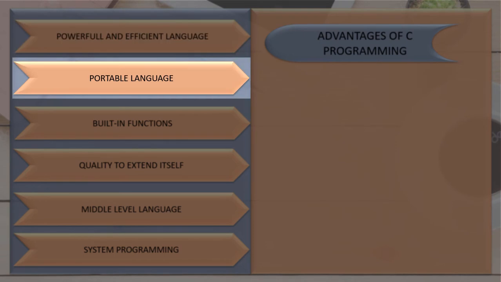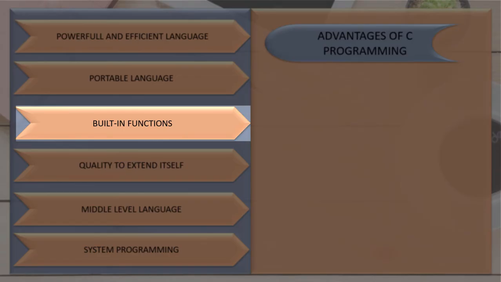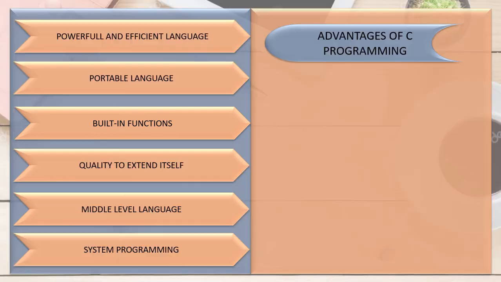This language is a portable language. Why is it called portable? Because it is very flexible, or we can say a machine independent language, that helps you to run your code on any machine without making any changes or just a few changes in the code. It has built-in functions. There are only 32 keywords in ASCII C, having many built-in functions. These functions are helpful when building a program in C.